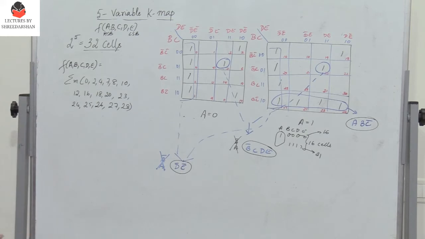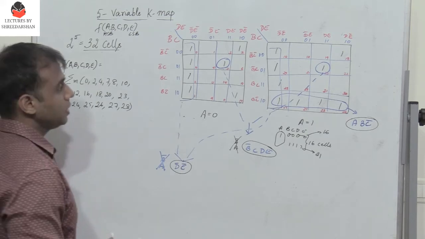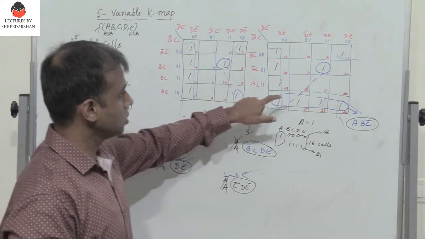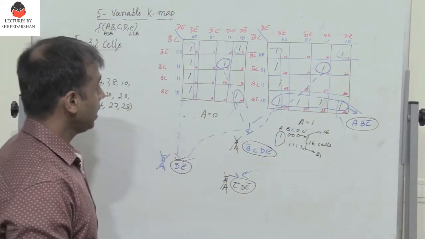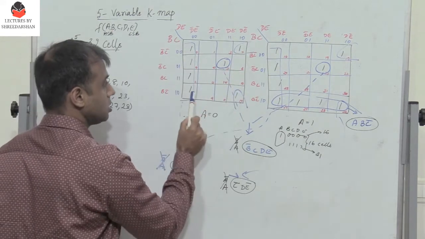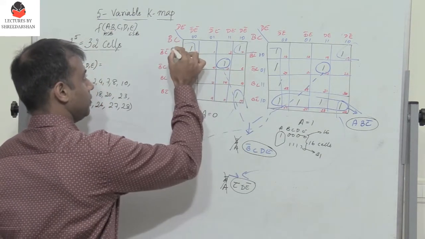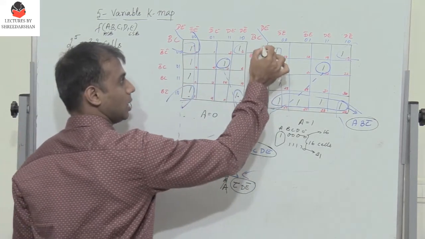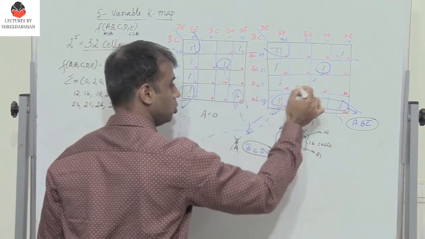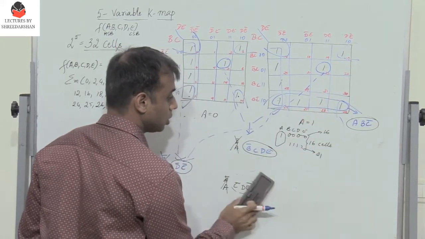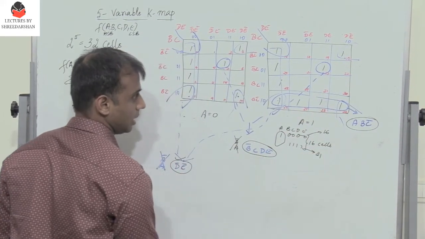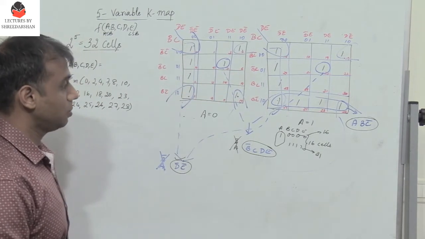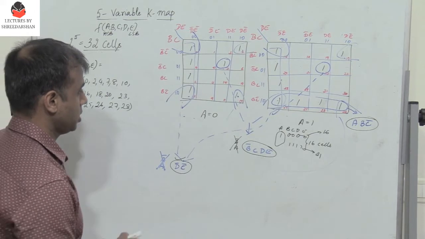So next, what else? I have these 2 ones here. Here I find that these 2 ones overlap with these 2. And I also can combine the 4 corners, these 4 ones, isn't it? So I have these 4 ones, 1, 2, 3, 4, which overlap with these 4, 1, 2, 3 and 4. So now, what is the expression I need to write? For these 4 ones, of course A is complementary. So let me write that expression here.